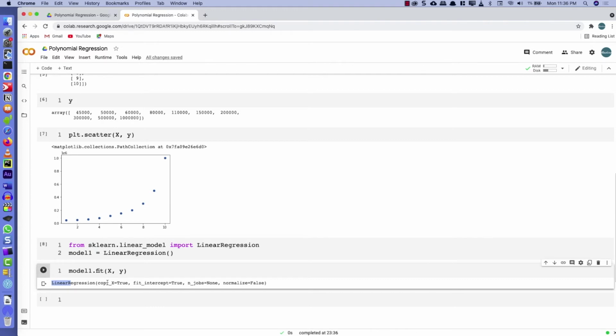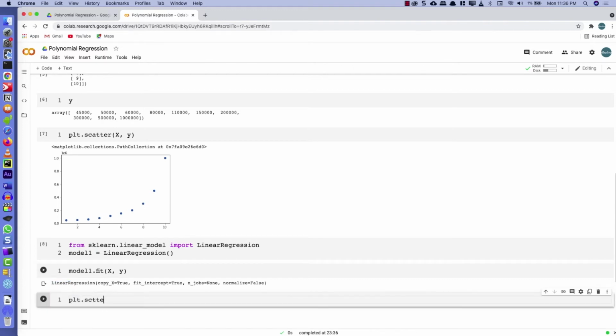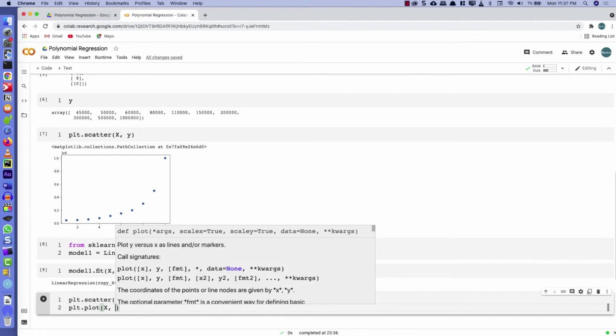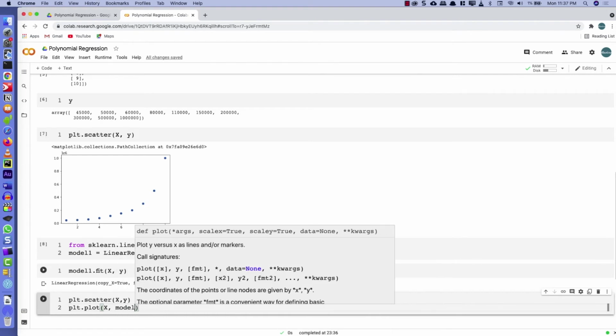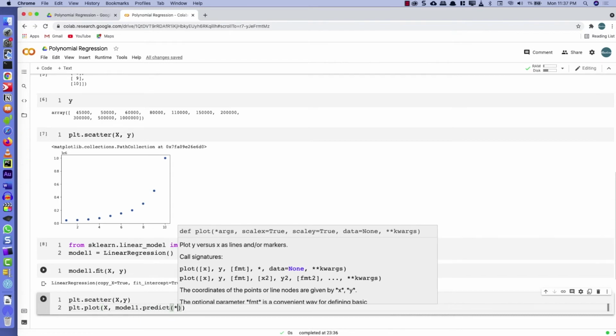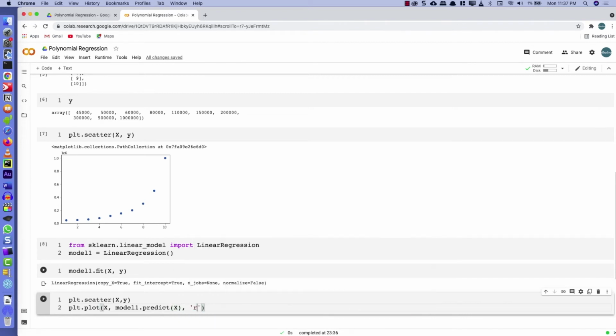So we will say plt.scatter X and y, and we will say plt.plot X, and we will try to plot the model between X and the predicted values, that is model1.predict